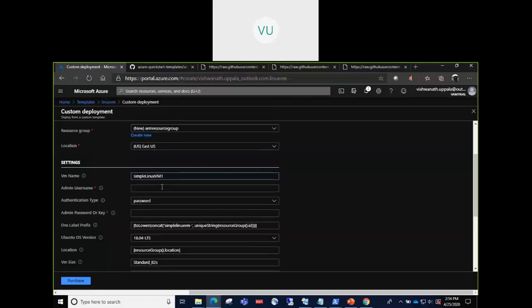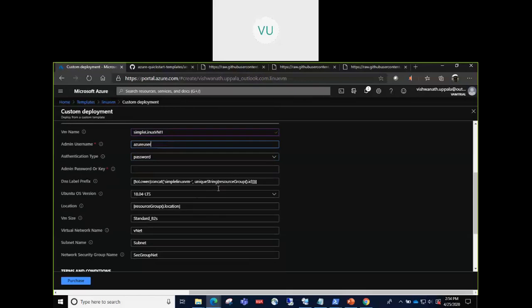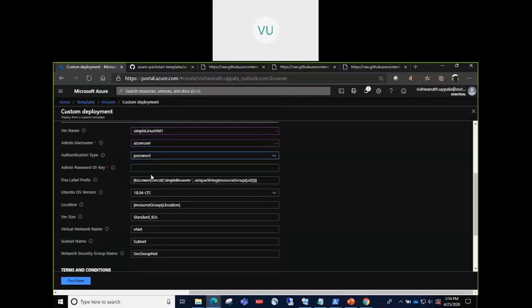Simple Linux VM, we'll put it as one. Admin username, we'll put as Azure user. Authentication type, by default we set password, so let's stick with that. We'll provide a complex password here. And DNS label prefix.